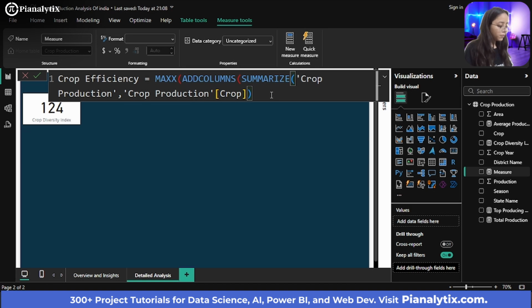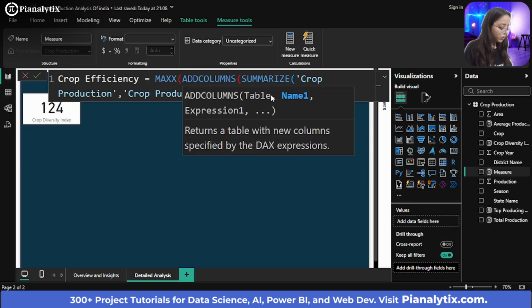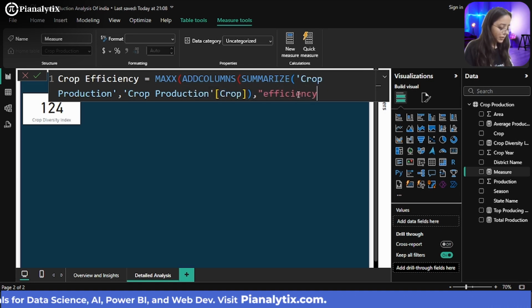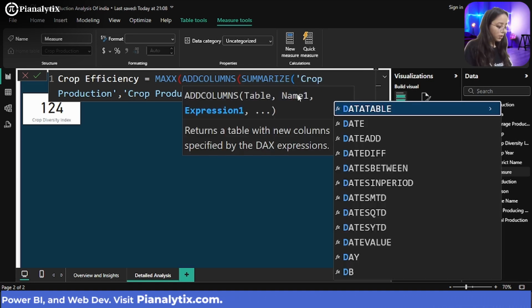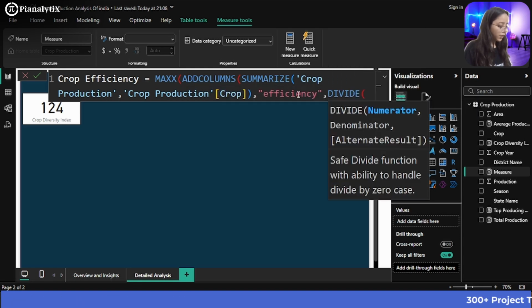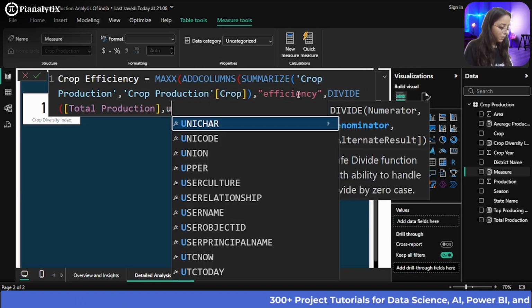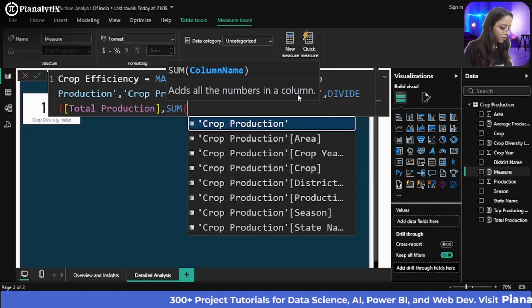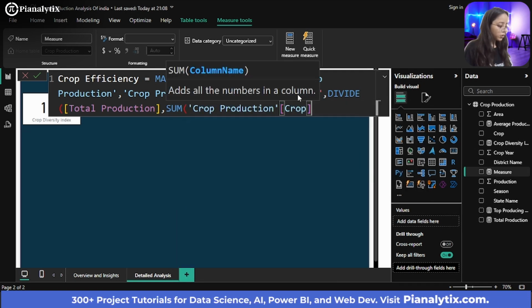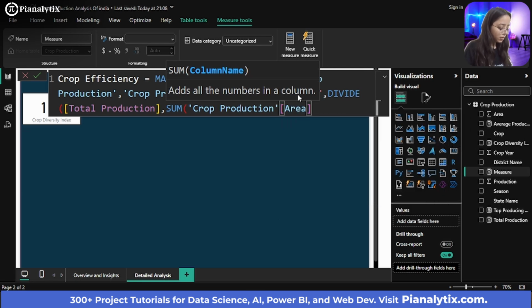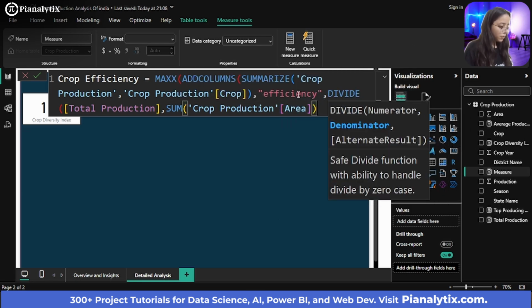Crop production crop, and then on the basis of efficiency, which will divide total production by the sum of crop production area, and then 0 and then 1.